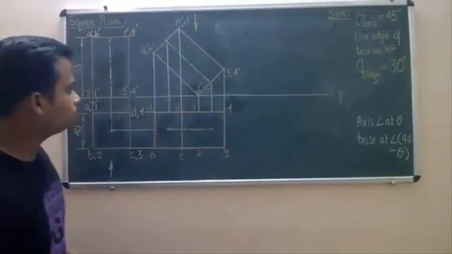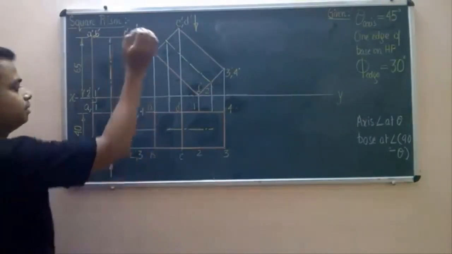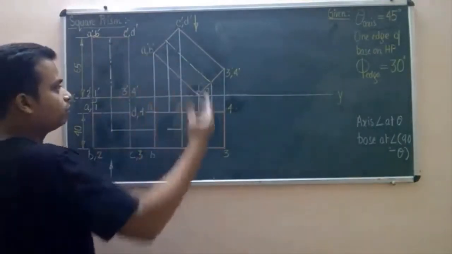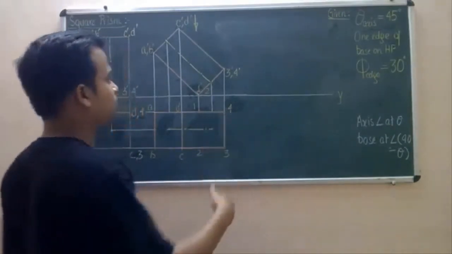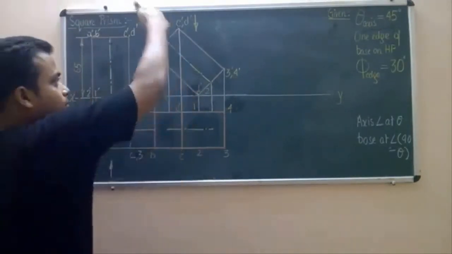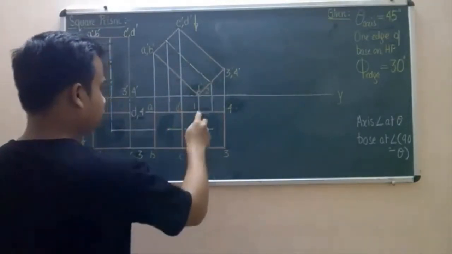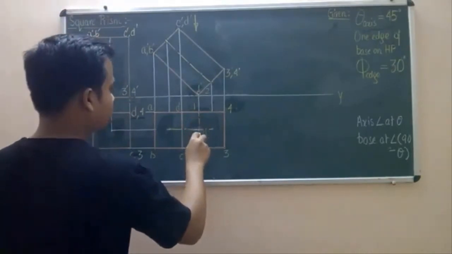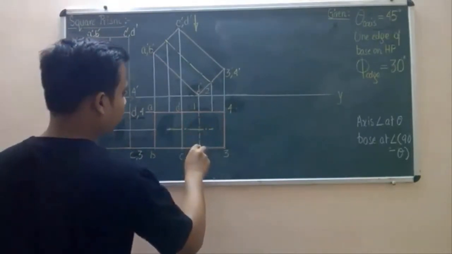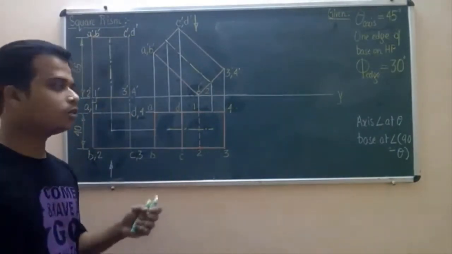Now, there is something missing. All the edges have been shown by solid lines which are evident from the top, but there is one edge which cannot be seen from the top, because it is hiding somewhere below this, and the name of that edge is 1, 2. So it has to be given respect, which means we're going to draw it by broken lines. So 1 and 2 has been joined by broken lines because it cannot be seen from the top.